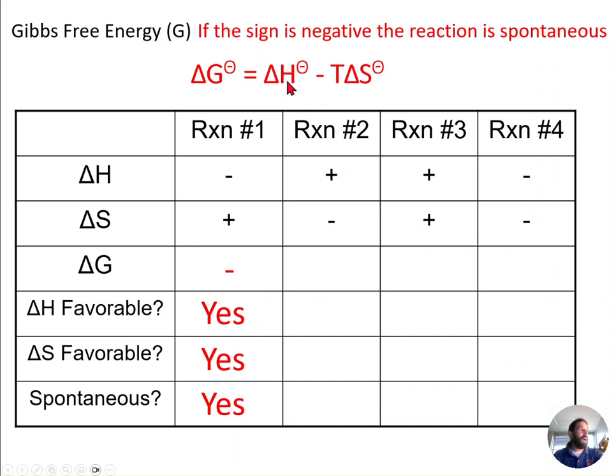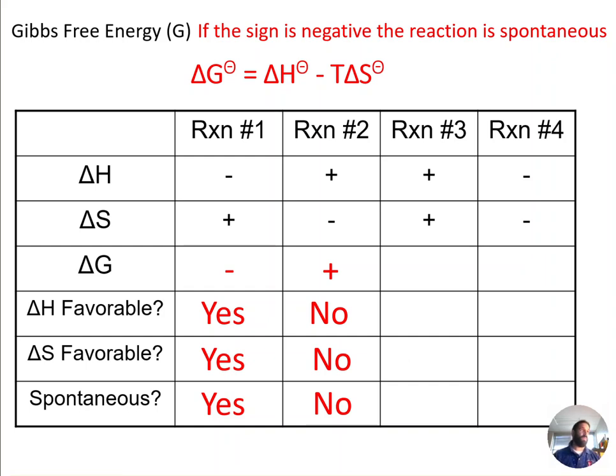If delta H is a positive value and delta S is a negative value, that would be minus a minus, which would make both of these factors positive, which means delta G would always be positive. Now, that means the reactions are never spontaneous because both delta H and delta S are going against the flow